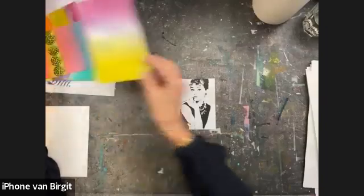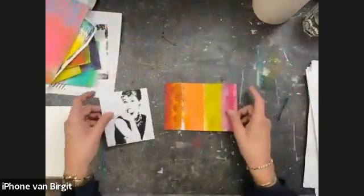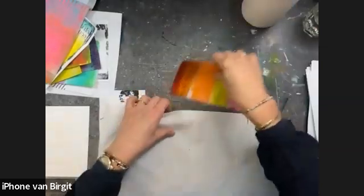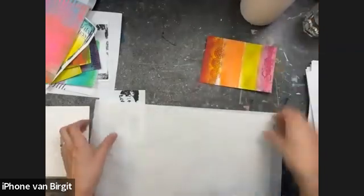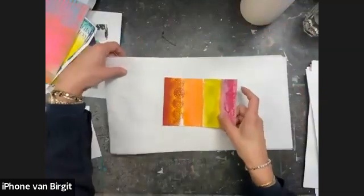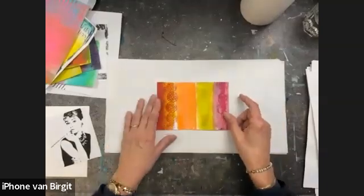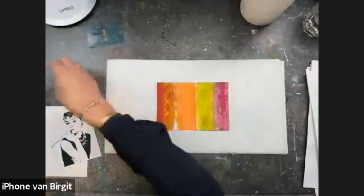And I'm going to use this one. And first I'm going to cover my surface with a paper towel, because I'm going to use the matte medium and water, and it is going to be a little bit of a messy process, but I think it's worth it. So I start with preparing my background,